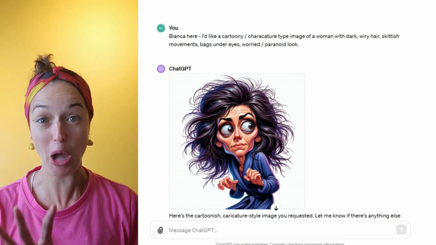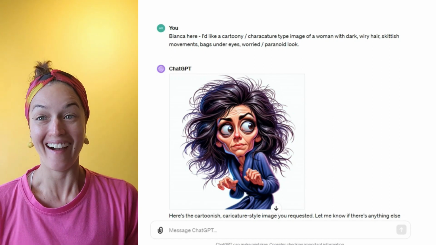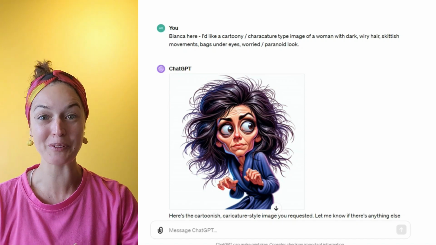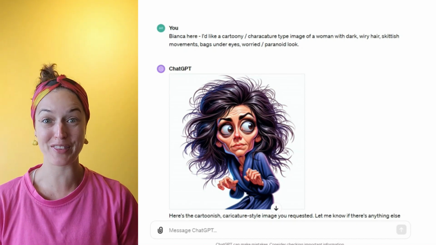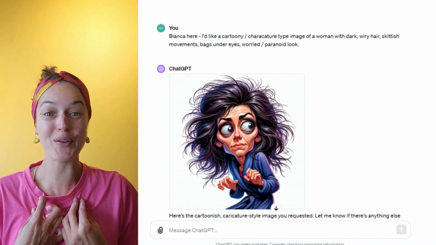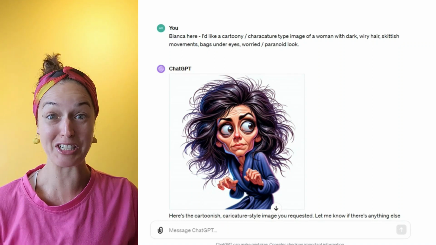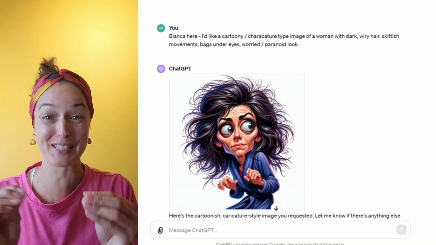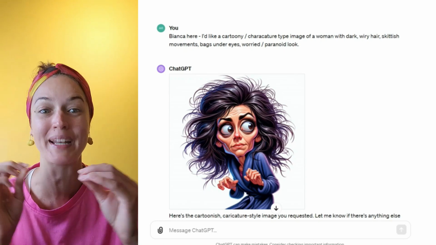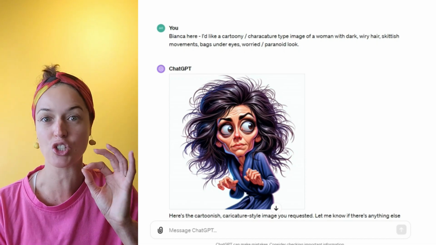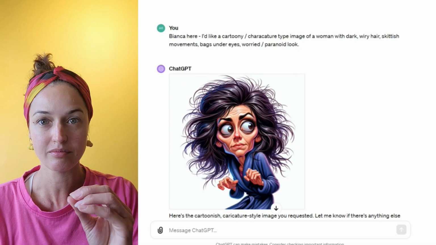Now, as perfect as that was, I was also a little bit like, ooh, Limby looks a little too hard to negotiate with for my liking. I want to be able to know that I can talk her off the ledge, right? This lady looks a little bit too deeply troubled for me, but I liked the direction that it was going in. This is really good with the description that I'd given.